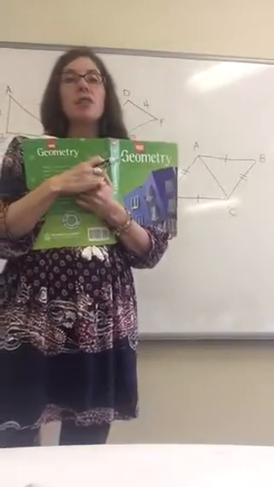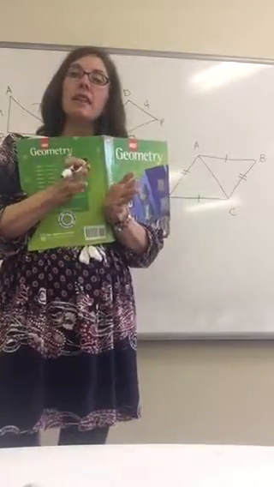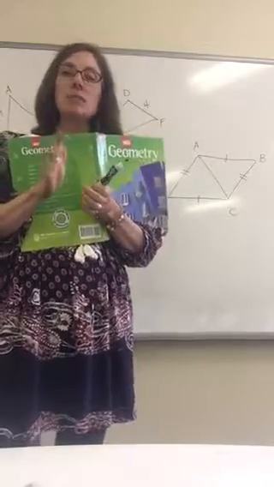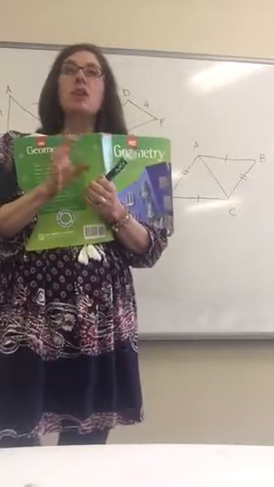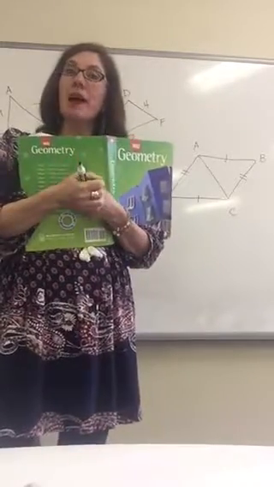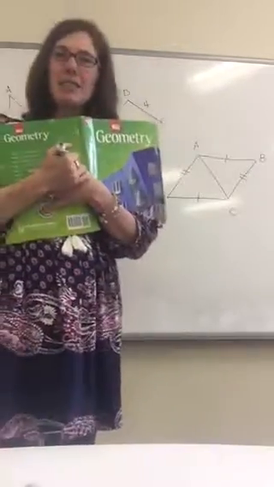Well, today we're going to start learning some shortcuts for showing that triangles are congruent to one another, and we're going to do so without having to prove all 6 pieces of the puzzle. In other words, 3 angles, 3 sides. Today we're going to do shortcuts that use about half that much information,